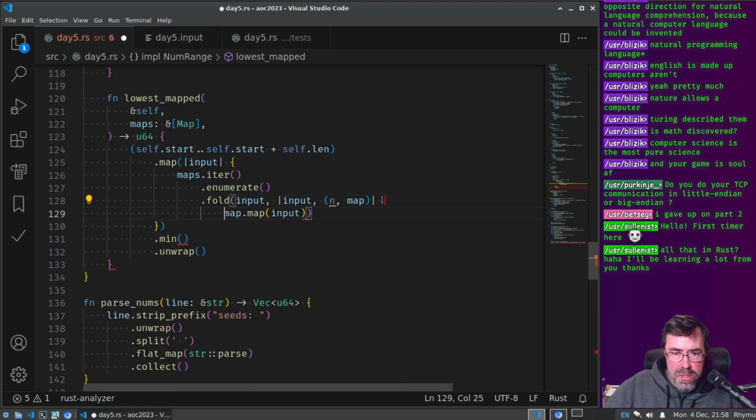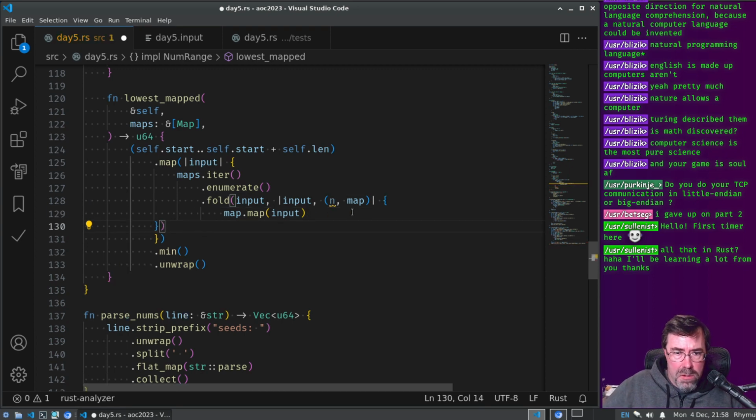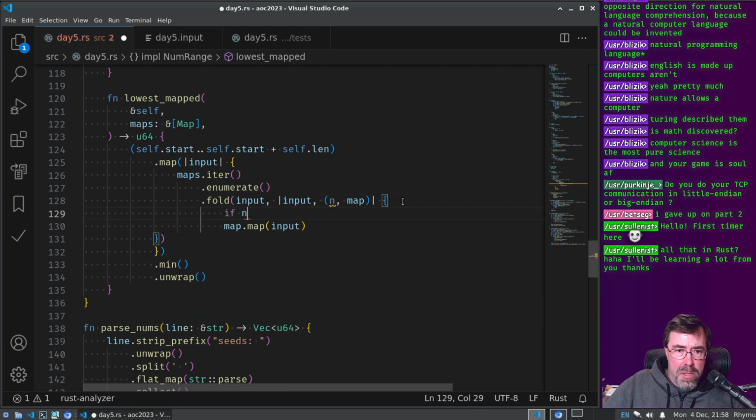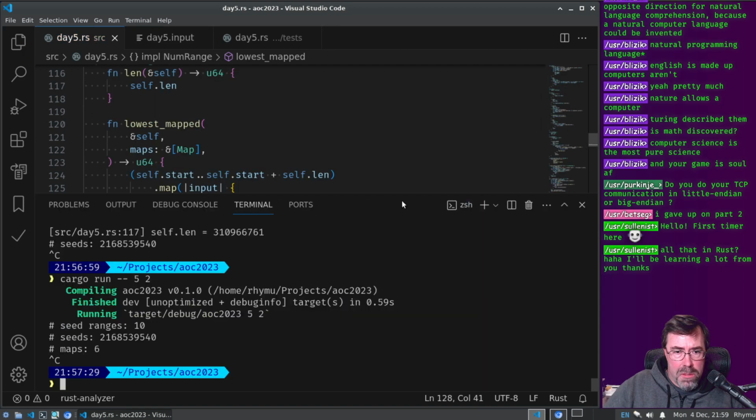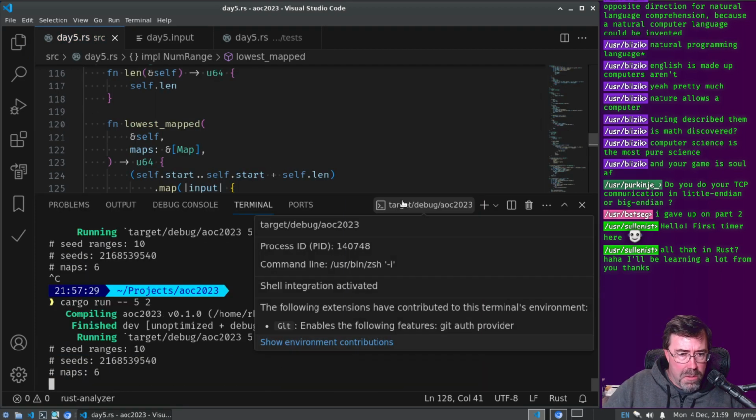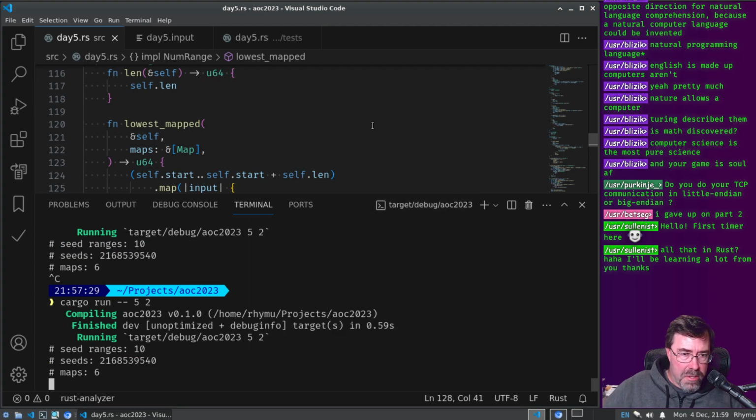And then we can say, if N plus 1 divided by a million is not equal to N divided by a million, then print line N. Okay, so it's not even getting to 1 million yet.